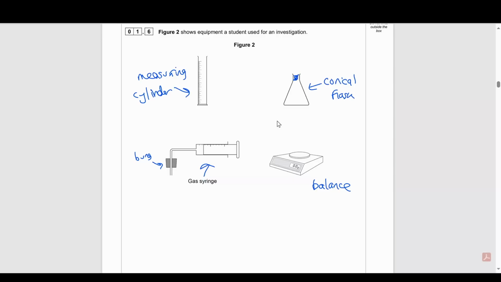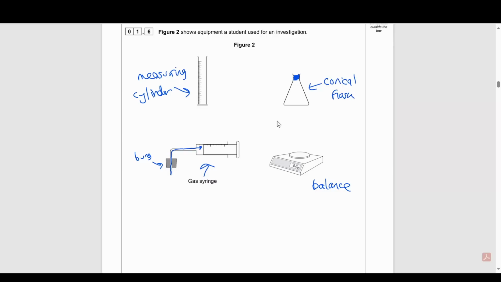So the bung will go inside the conical flask, and then that would mean that no gas can either enter or escape through the bung. The only way that the gas that's produced can escape is through the tube of the gas syringe,